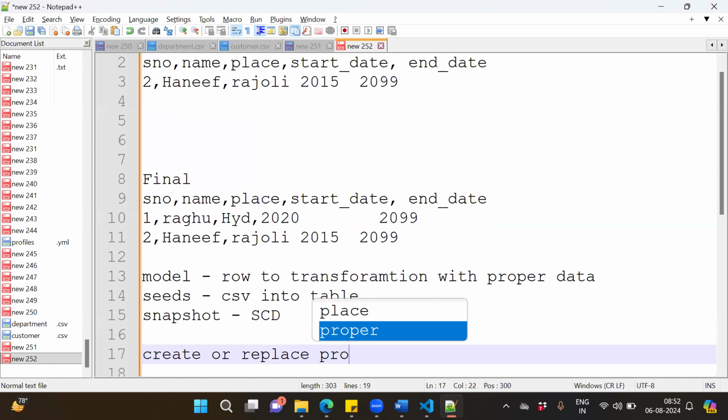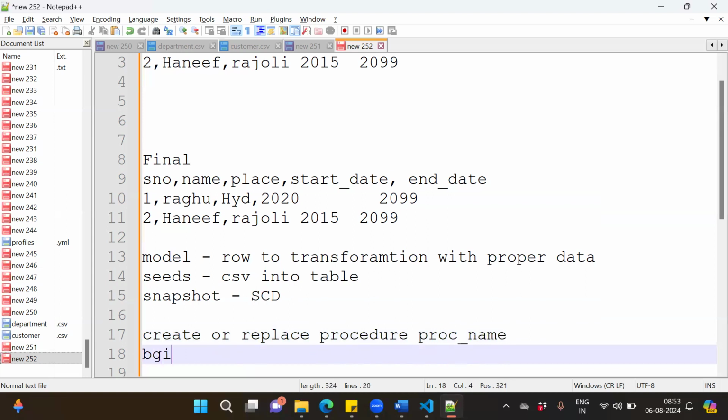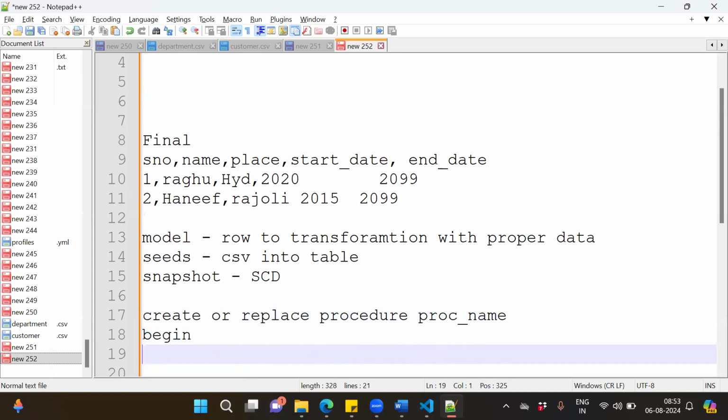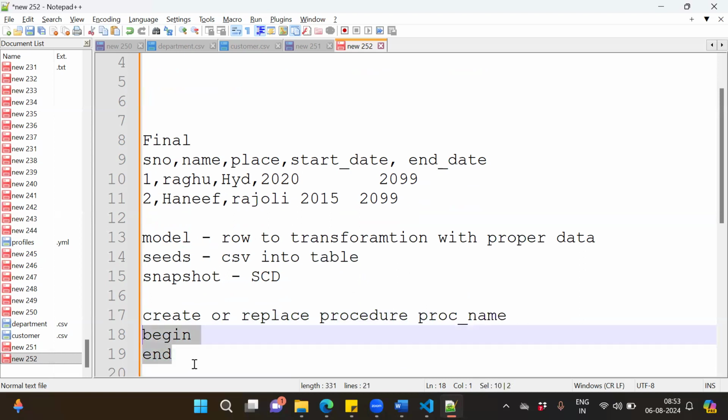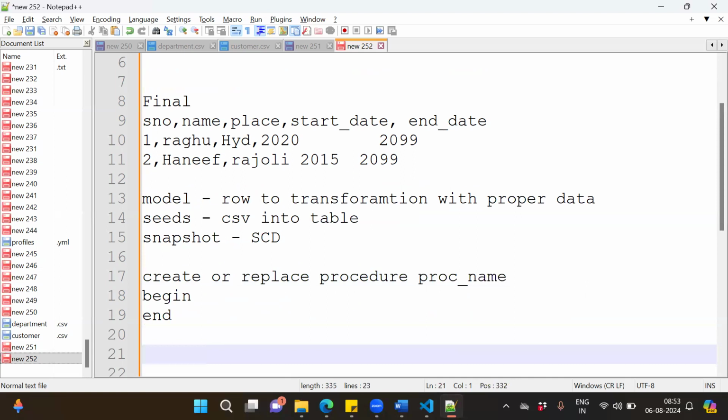procedure, procedure name, and you will start with begin, and then compulsorily you will end this begin, right? Similarly, here also, you will be using curly braces and then percentage, snapshot, snapshot space,